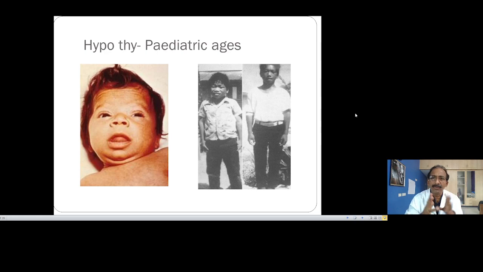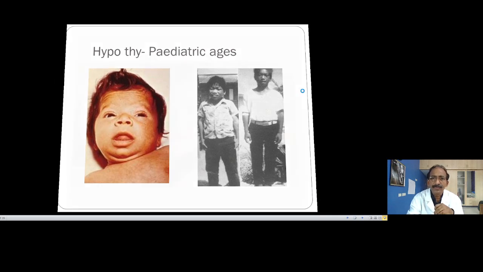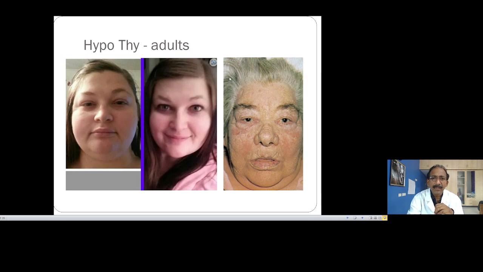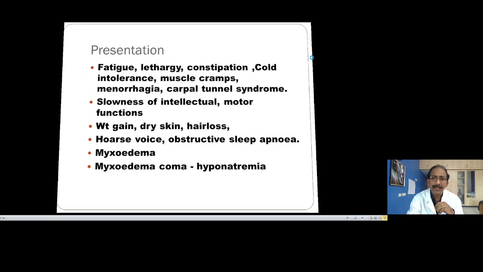So obviously you have to examine the patient carefully after going through the history. And the hypothyroid, see, this is the spectrum. So this is neonatal congenital hypothyroidism. If you see this one, and short stature in, say, early childhood and late childhood, and when they grow into adult, you can see a puffiness of the face, eyelids, and thick lips, and it can even affect the elderly. So it's a classical feature,